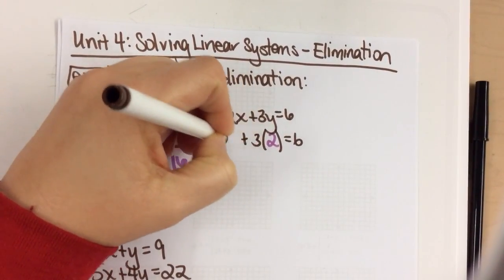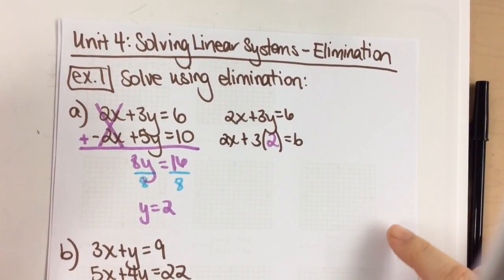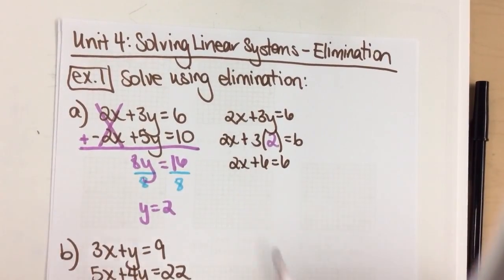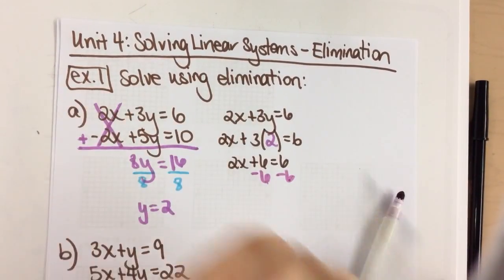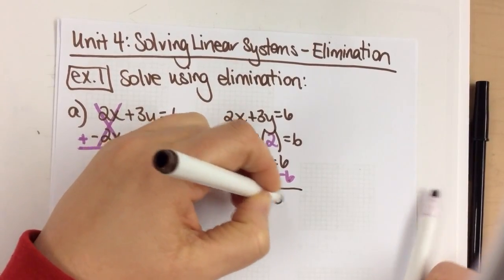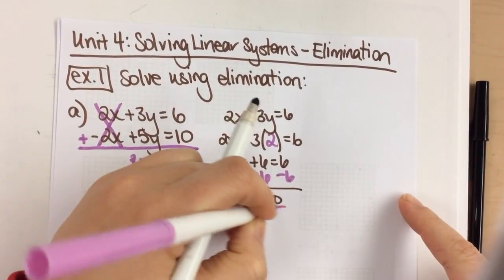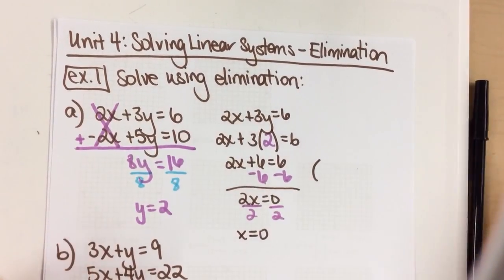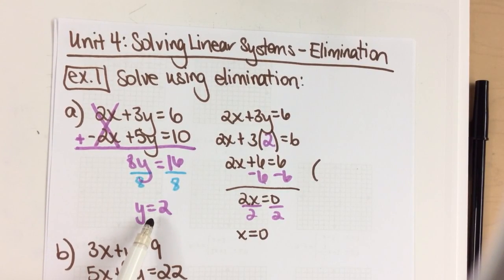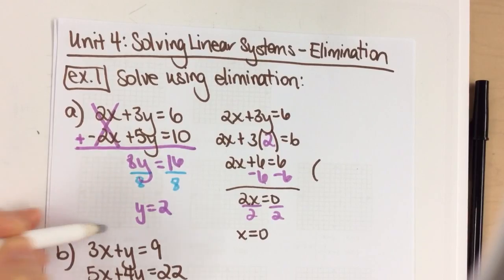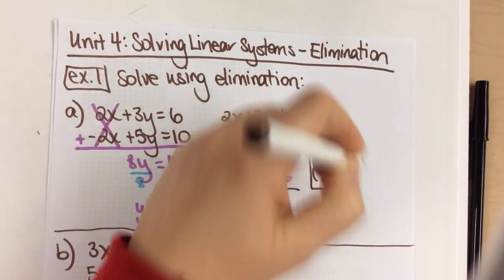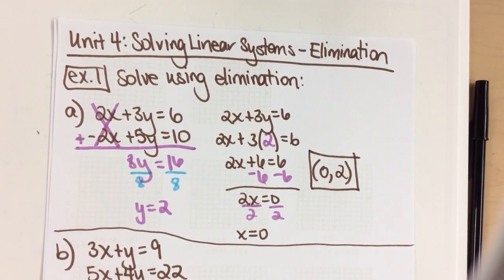There's a 3 being multiplied in front. There's a 2x being added all the way in front. And I'm just going to solve it like an easy algebra problem. So if I subtract 6 from both sides, I get 2x equals 0. And then divide by 2. 0 divided by anything is 0. And then just like always, you guys know I always like to show you a common mistake of writing the y first because you found it first, but you all know points show up with the x first and the y second. So that would be where those 2 points would cross each other on a graph,